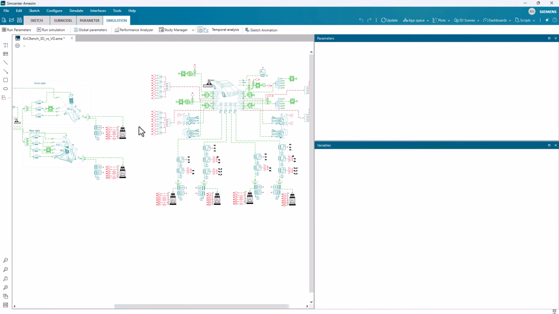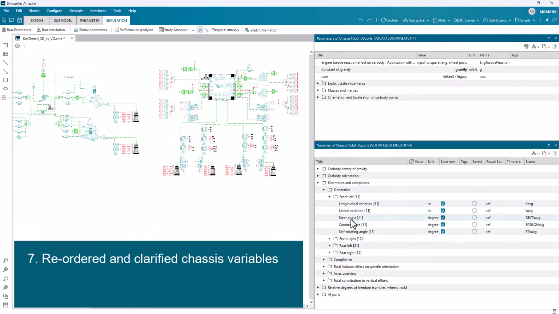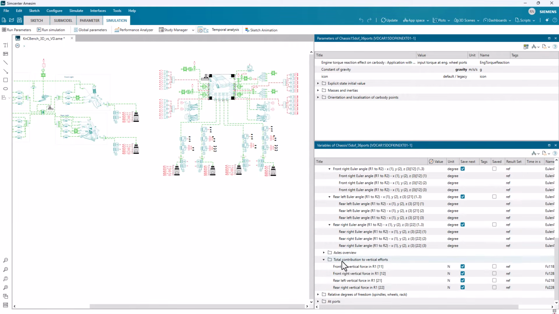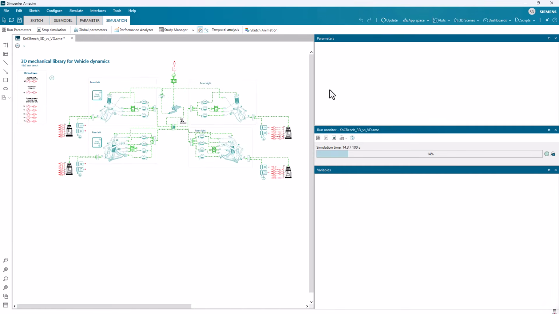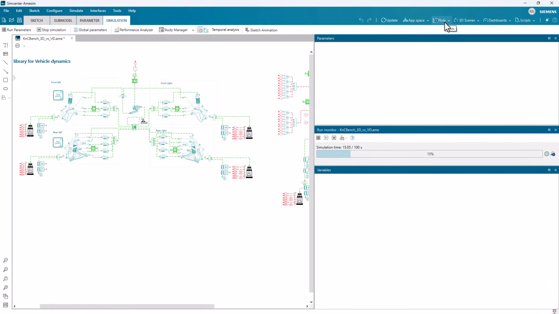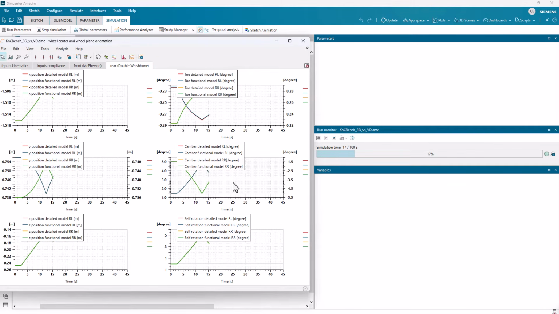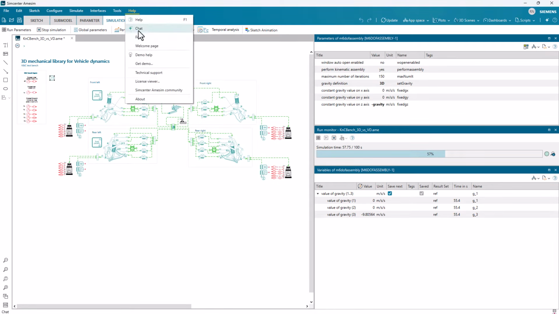It's worth mentioning that we updated the 15 degrees of freedom model to have clearer model variables and folders, making it easier to retrieve results thanks to the new structure with axle and wheel folders. This demo shows how the 3D chassis components compare to the 15 DOF model, yet allowing more flexible chassis configurations such as 4-wheel steering or to directly import the hardpoint positions from a CAD. As an example, we can see here that the toe, the camber and the self-rotation angles match perfectly between the two modeling approaches. As I can see, this model doesn't have any wheels included.